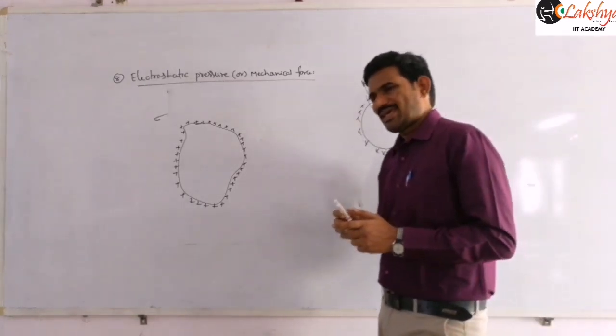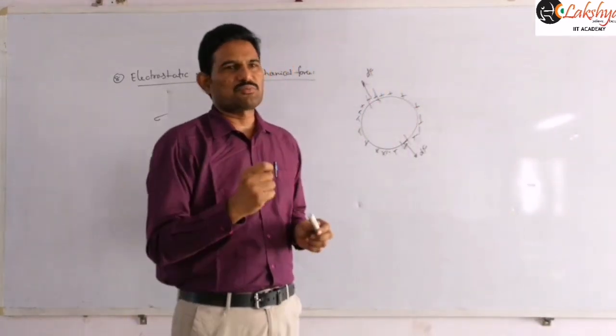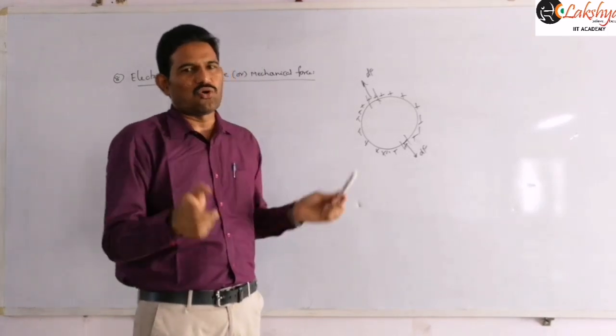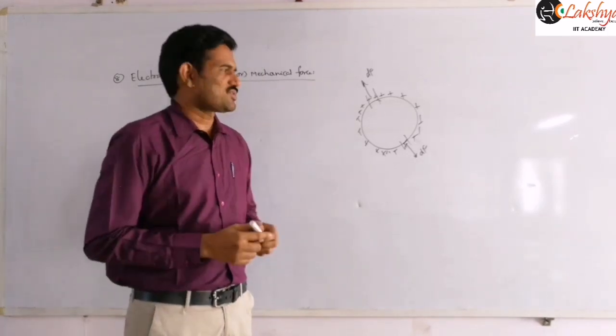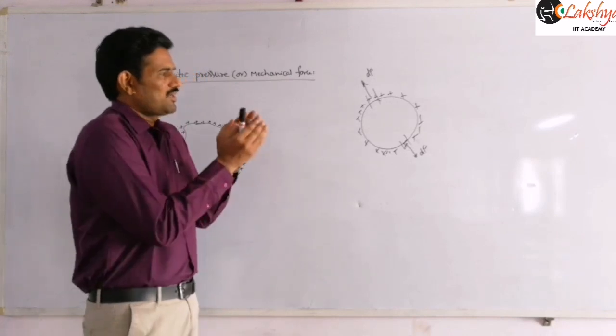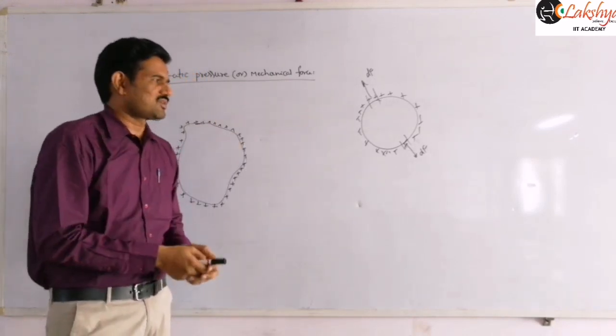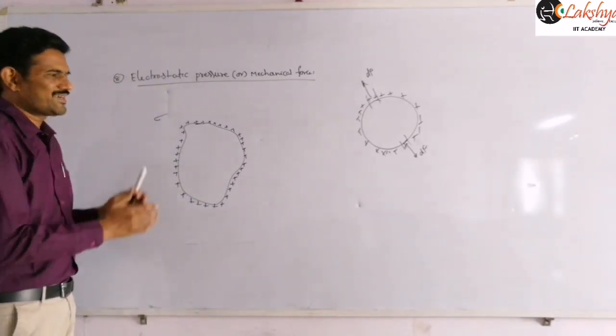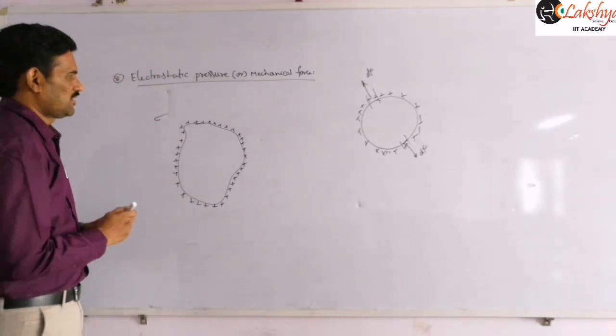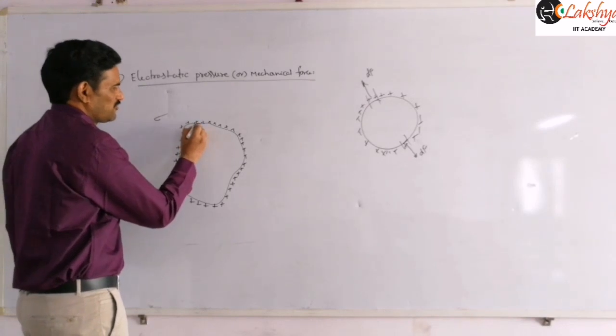So similarly, every element of the object will experience a force due to all the remaining elements of that object. Because of that repulsive force, finally some expansion will take place for that object here. Now similarly we are dividing this into two parts. That means one part is one element we are taking here.